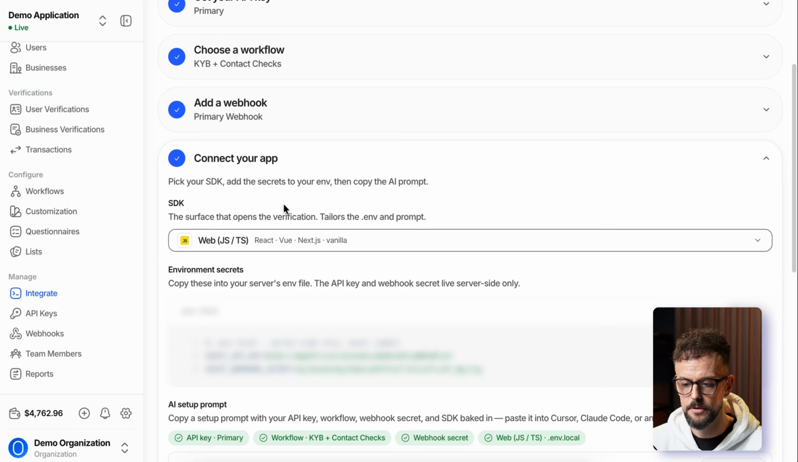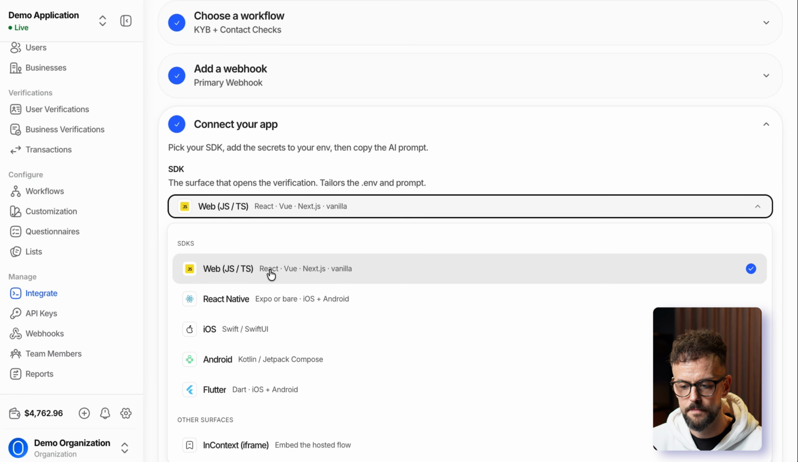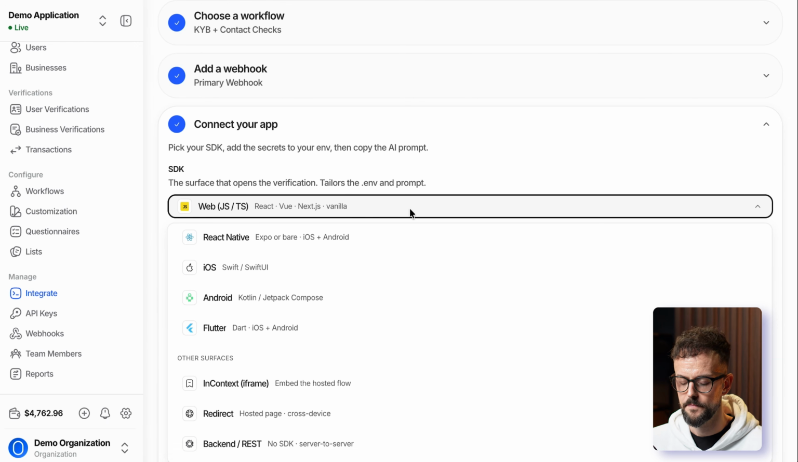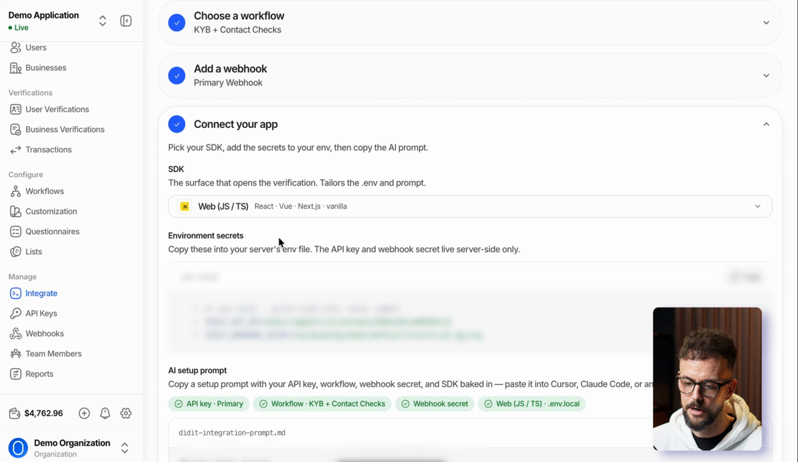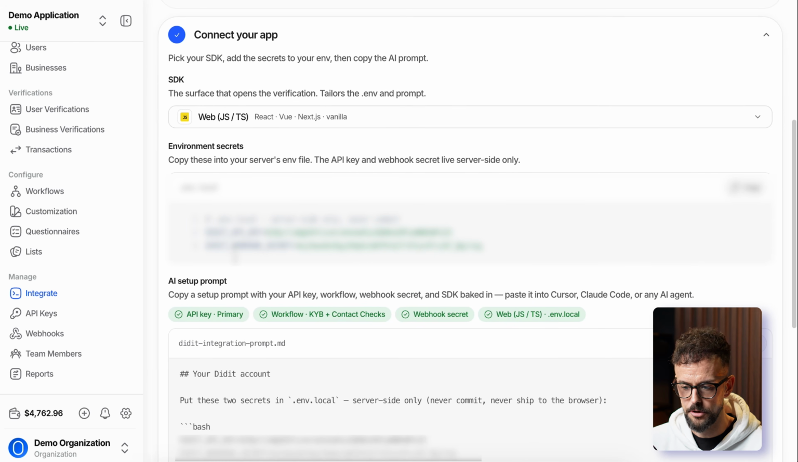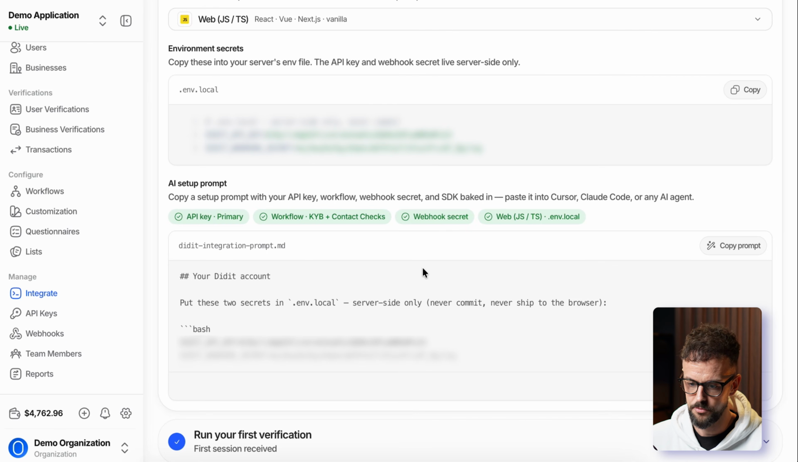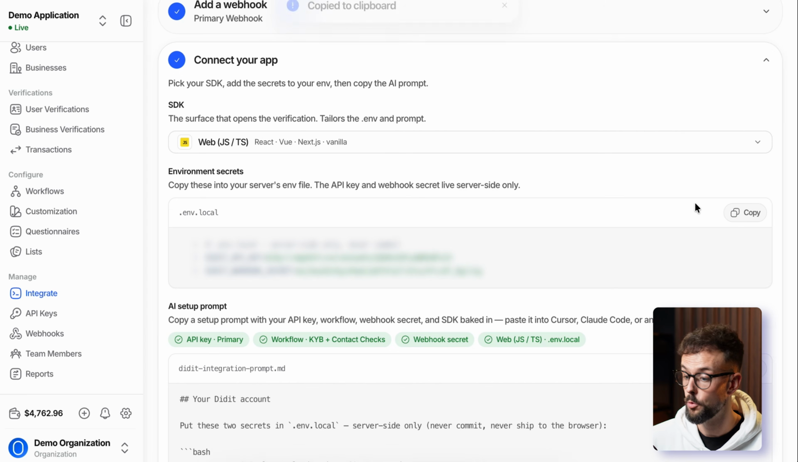So we've got a few different options here. We've got Web.js, React Native, iOS, Android, Flutter, and a few other surfaces here. So you can select the one that is relevant for your app. This is the environment secrets that you're going to put in your env file over on your server. So the easy way to set this up would be to use the AI setup prompt. So we configure all the settings up here, and then we copy the prompt, and it's going to copy all of the relevant information that we need from the setup that we've completed here. We copy and paste this, and we can pop that into Claude Code or Codex or wherever you're building your